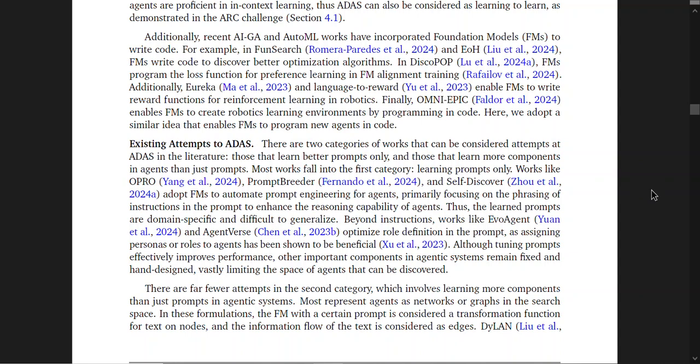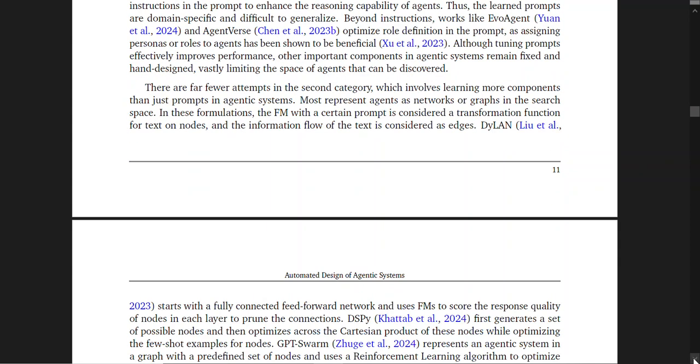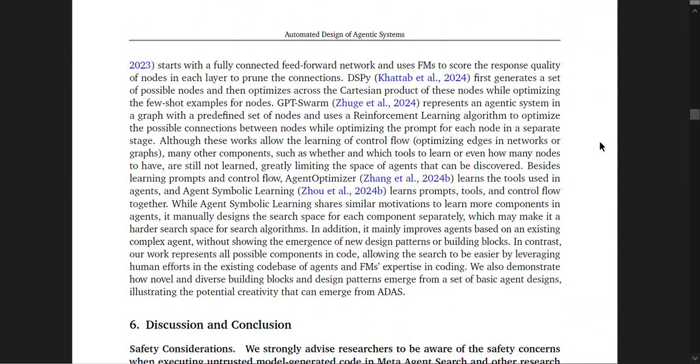There are far fewer attempts in the second category, which involves learning more components than just prompts in agentic systems. Most represent agents as networks or graphs in the search space. In these formulations, the foundation model with a certain prompt is considered a transformation function for text on nodes, and the information flow of the text is considered as edges. DyLAN starts with a fully connected feed-forward network and uses foundation models to score the response quality of nodes in each layer to prune connections.